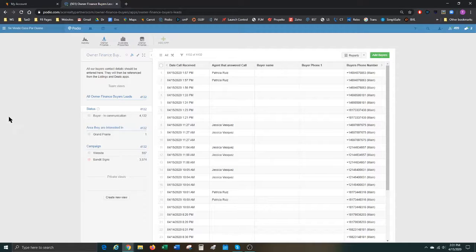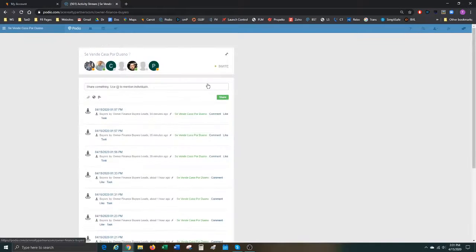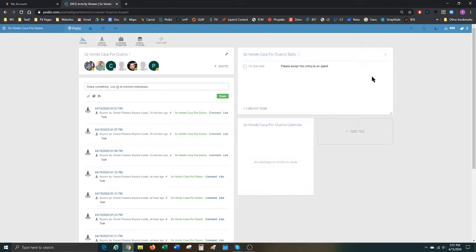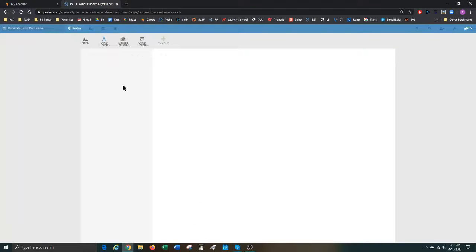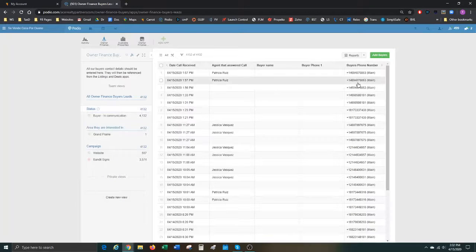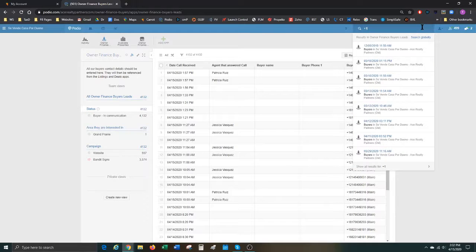So, once again, a quick overview. You get a phone call, you get off the phone call, you want to add some information, you go to Podio, you click on Owner Finance Buyer Leads. You can skim for the phone number if it's been within just a few minutes, because it should be one of the very first ones in the list. Or you can go up to the magnifying glass, press +1, and then a phone number,